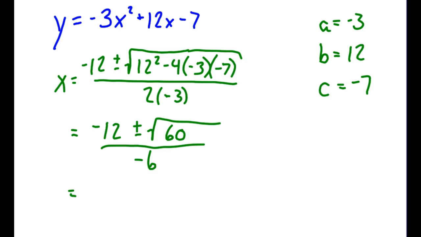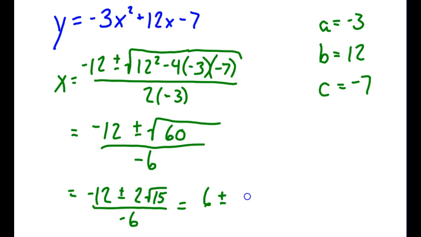The square root of 60 we can break down into radical 4 times radical 15. So that simplifies to 2 radical 15 all over -6. Looking at all these terms, they have a factor of 2 in common. More specifically, they have a factor of -2 that we can take out. So if we take a -2 out, we'll be left with 6 plus or minus radical 15